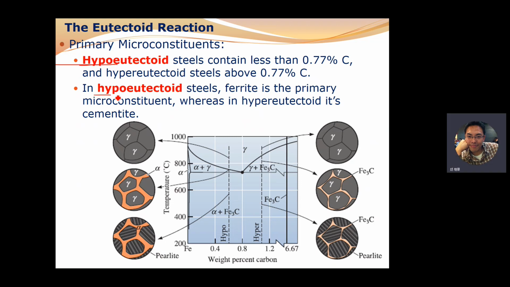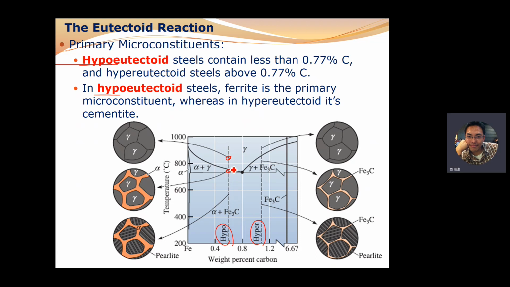The hypo and the hyper. Hypo is right here, and the hyper is right here. We can compare the difference of their microstructure. Therefore, for example, for the hypo structure, initially it liquefies, right, and cooling down to reach the two